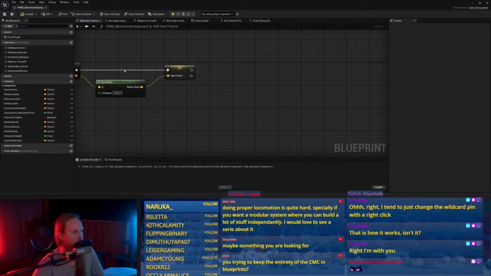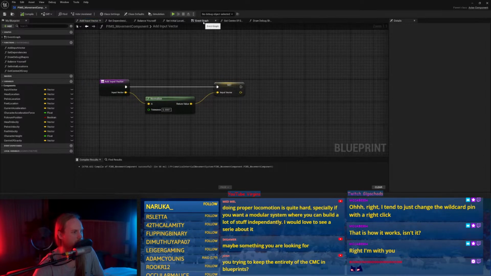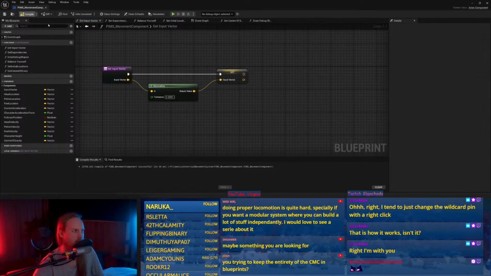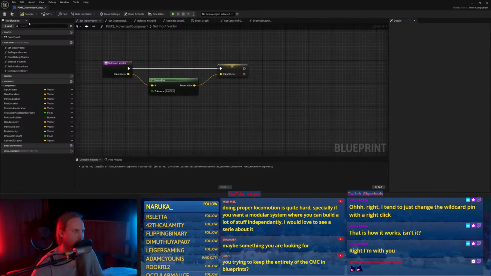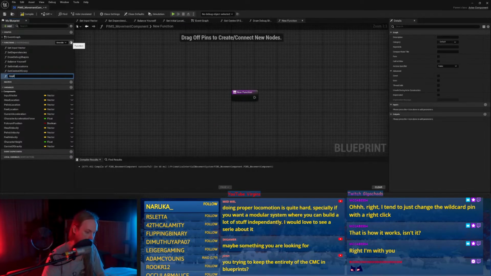What is add input vector? Well, that's more like get input vector. I'm going to call that set input vector, because something else is setting that at the moment anyway. And then we want an apply input vector,